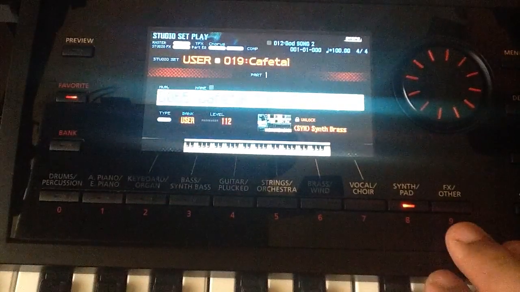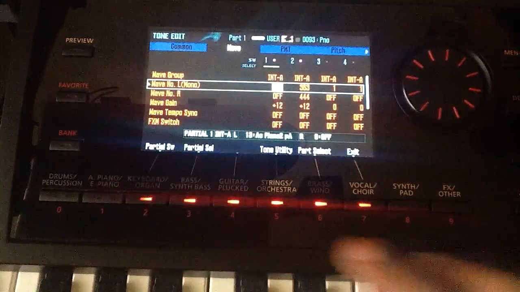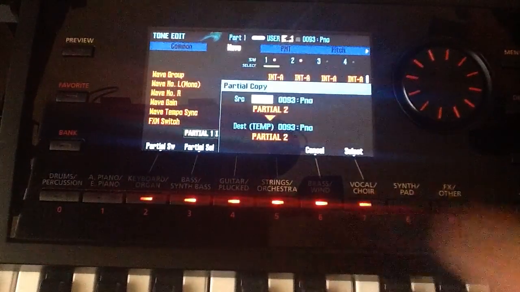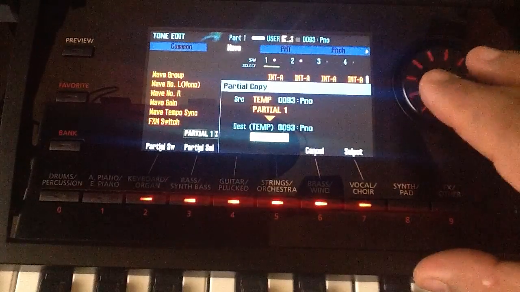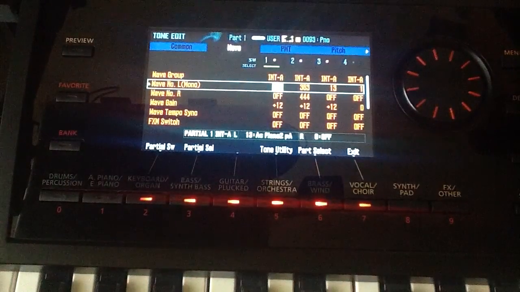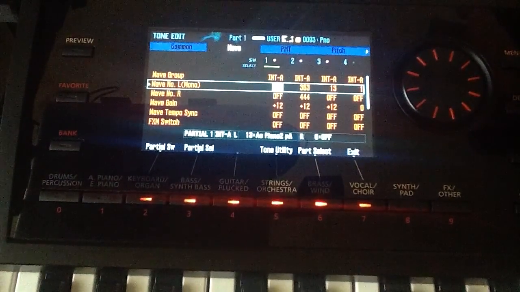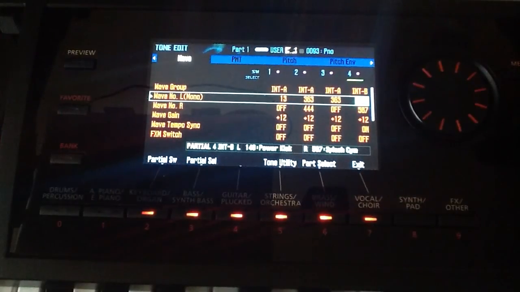So we'll exit. We're going to hit 9. We're going to hit Shift, Tone Edit, Tone Utility, Part Copy, Select. Then we're going to go to partial 1, and we're going to put that guy into partial 3. And then we're going to turn it on. Okay, I made a mistake. Okay, we're going to copy in the brass